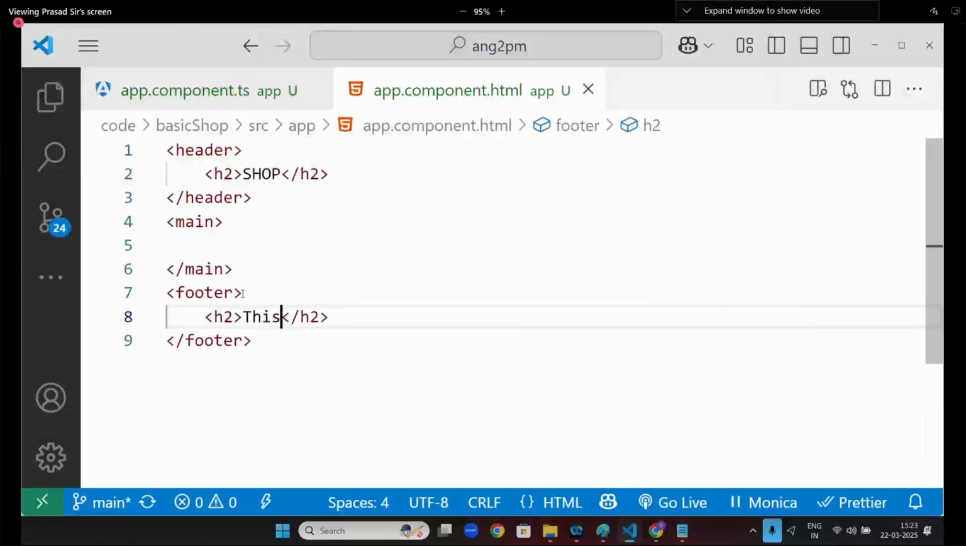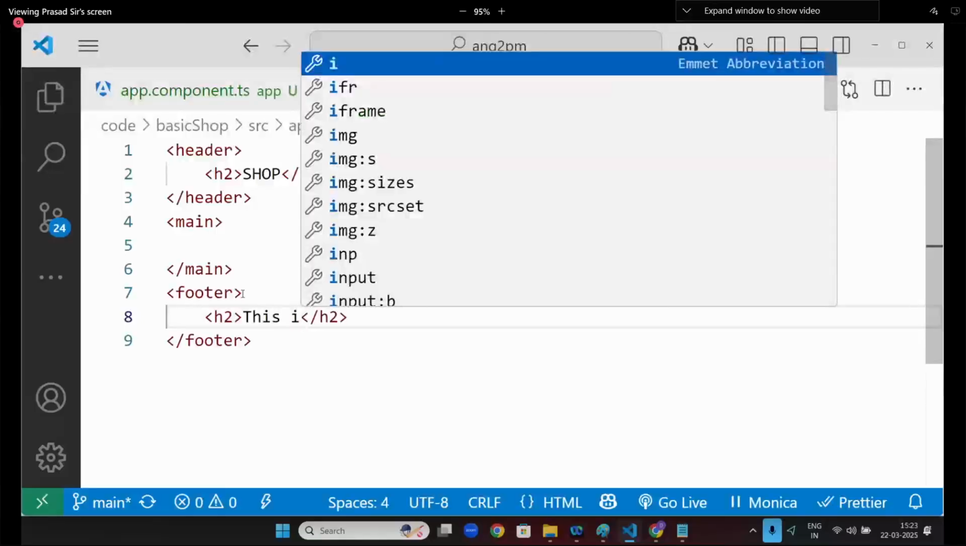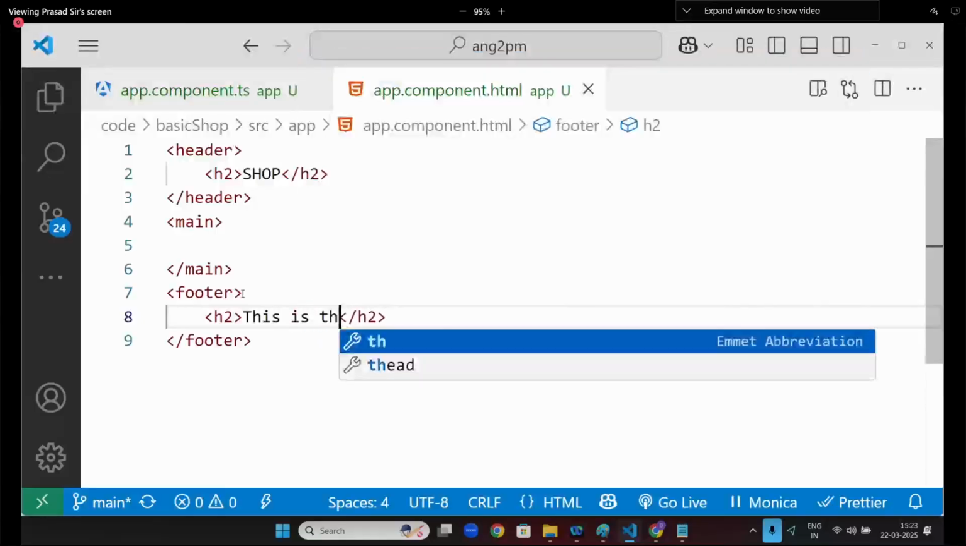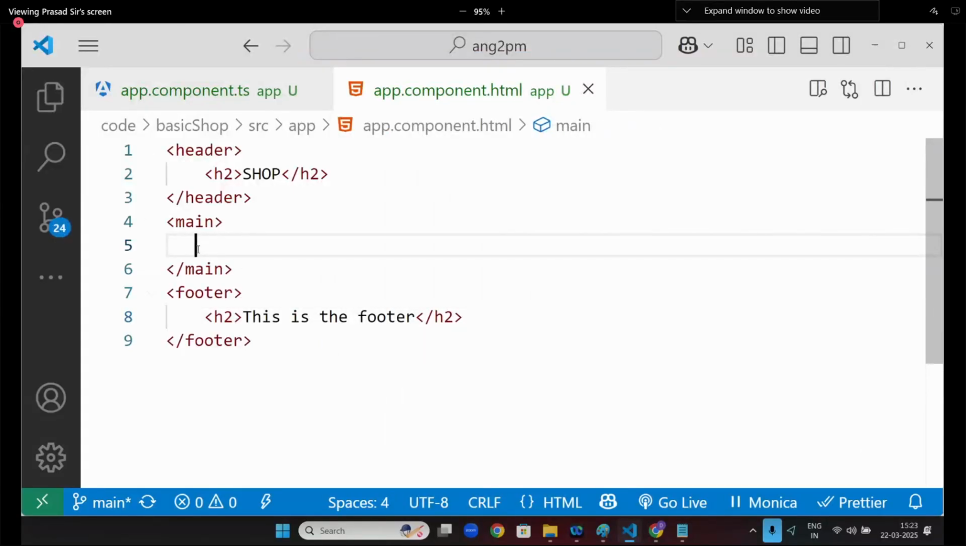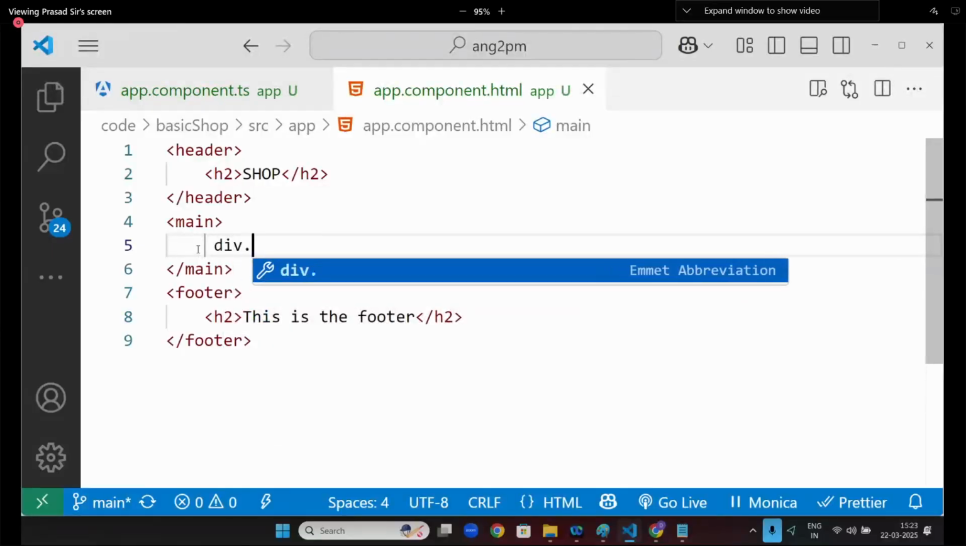Namrita, you don't need to write app-root. App-root is the main app. Go to app.component.html and write: this is the footer. Now go here. In the main, I'm going to write a div, products. Inside that div, products,